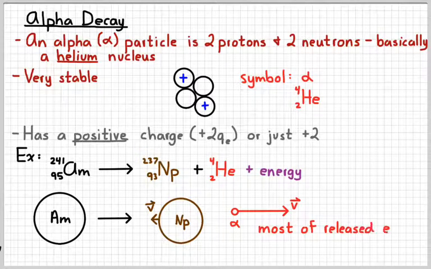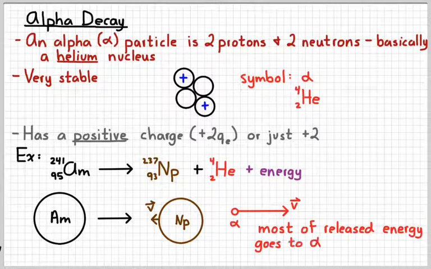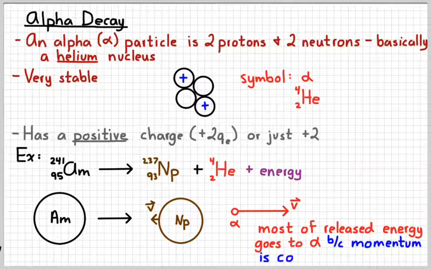Most of that extra energy is going to be in the alpha particle's kinetic energy, and that's because momentum has to be conserved during this process. And so the mass times velocity for each of those would be equal. Since the alpha particle has less mass, it would have a higher velocity. So it's just like any other thing where two things are pushing apart, and the alpha particle goes flying away from the neptunium nucleus,